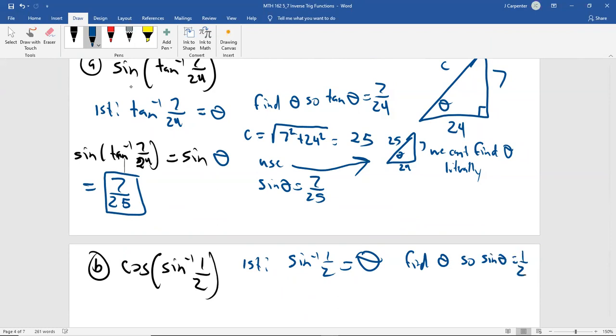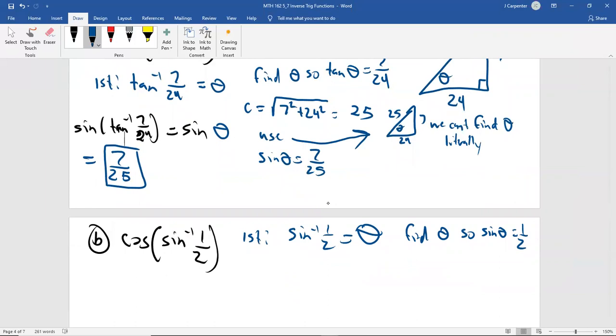I just like theta. So that means we're finding theta so that the sine of theta is equal to a half. Well, that's a very well-known triangle, but of course we're restricted to the quadrants. We're dealing with inverse sines, so quadrants 1 and 4 only, but this is positive, so that won't be an issue. When you draw your little triangle, here's your angle, 1, 2, square root of 3, which says that your angle is actually pi over 6, but we don't